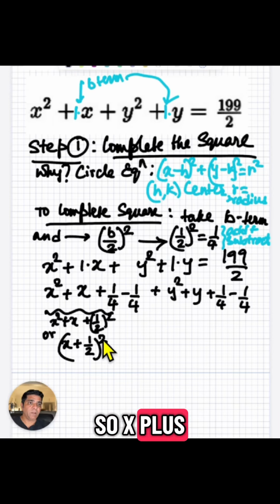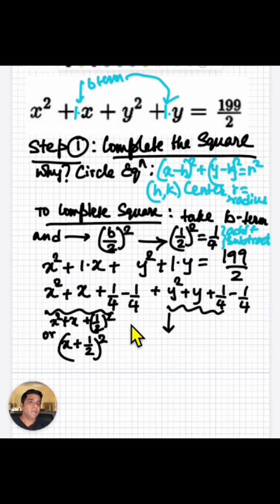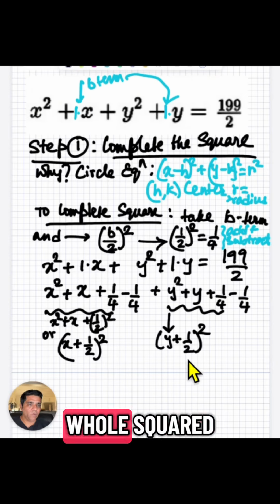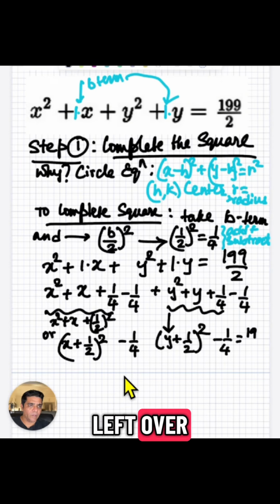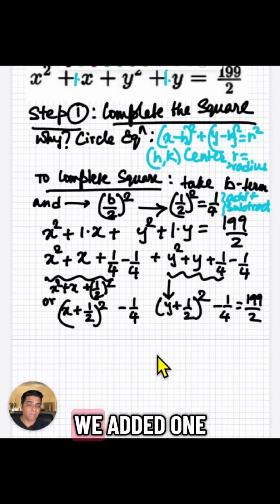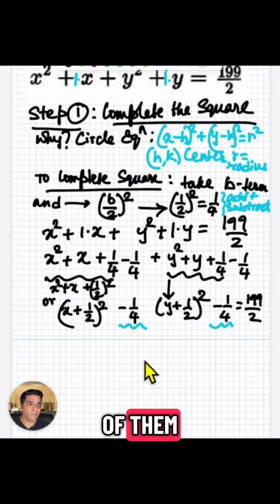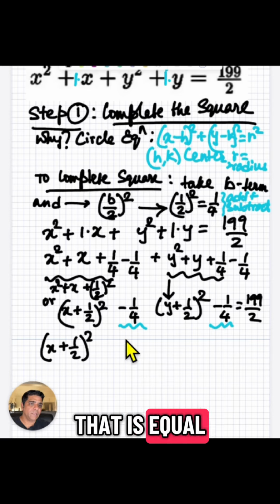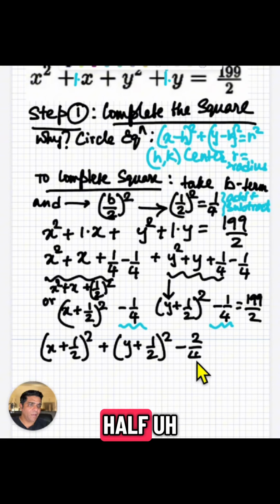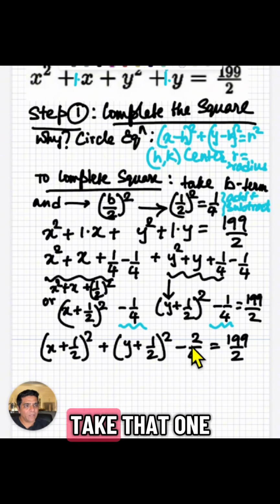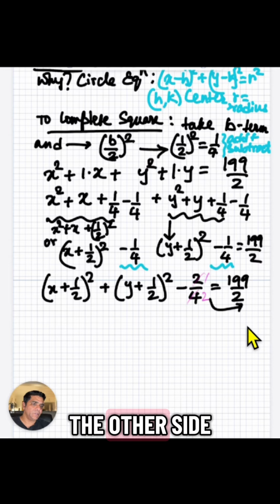So (x plus 1/2) whole squared, (y plus 1/2) whole squared, and there is a minus 1/4 and a minus 1/4 left over because we had to subtract when we added 1/4 for each of them. So now let's add those together. That is equal to 2/4 or 1/2. So minus 1/2, and we can take that 1/2 and bring it to the other side, becomes